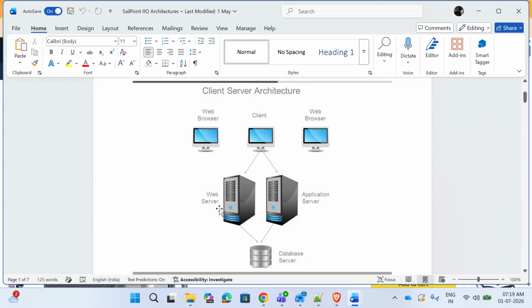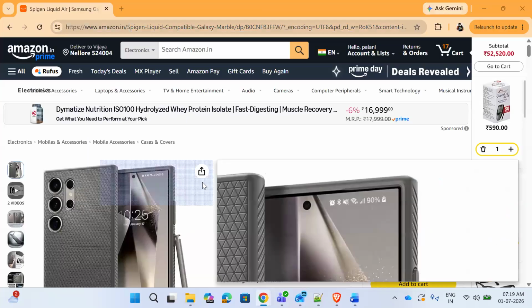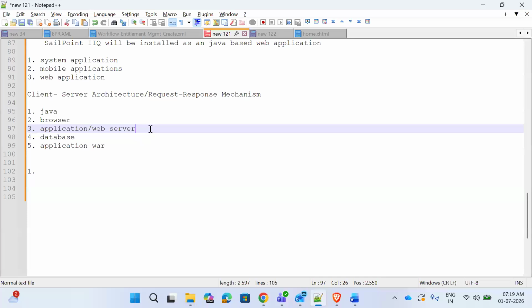When we talk about this web server, it is nothing but a separate software that is meant for hosting and implementing web applications. The best example that we can think of for a web server is Apache Tomcat,